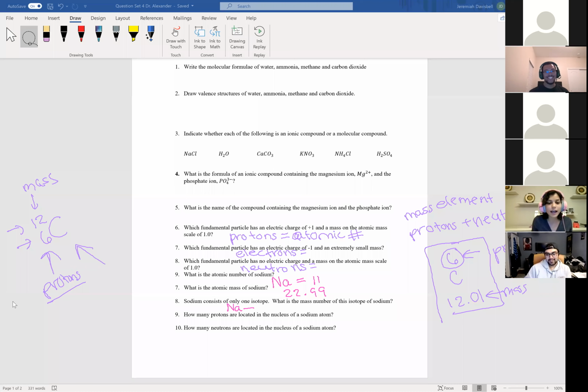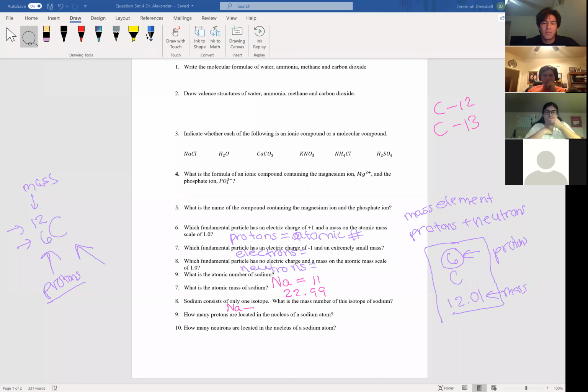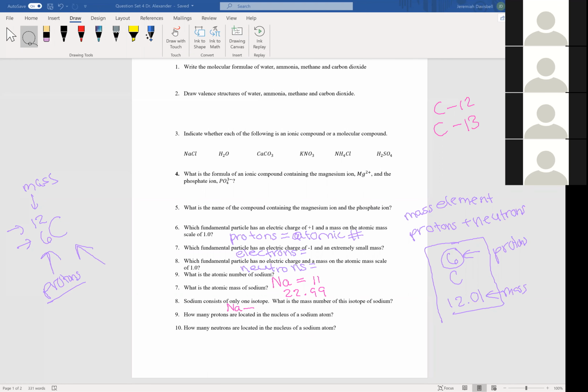What's the isotope? First let me ask, what's an isotope? What's the only thing that makes an isotope different from the rest? The only isotopes I know are like these. The number of protons that they have. Yeah, so isotopes don't. I was going to say the protons don't change. Yeah, the protons don't change in isotopes, exactly. They're always going to stay the same because protons are what label the element.